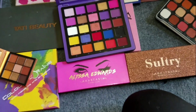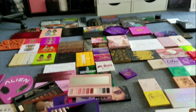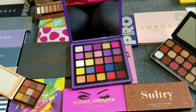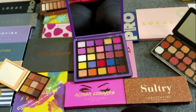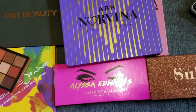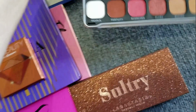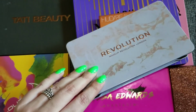This is why I'm doing this declutter, because there's so much that I need to use and I want to use. If I'm really thinning out my collection and keeping what I love and what I use, then we'll be able to get more use out of these things. So keeping that, also keeping the Huda Beauty Topaz Obsessions,